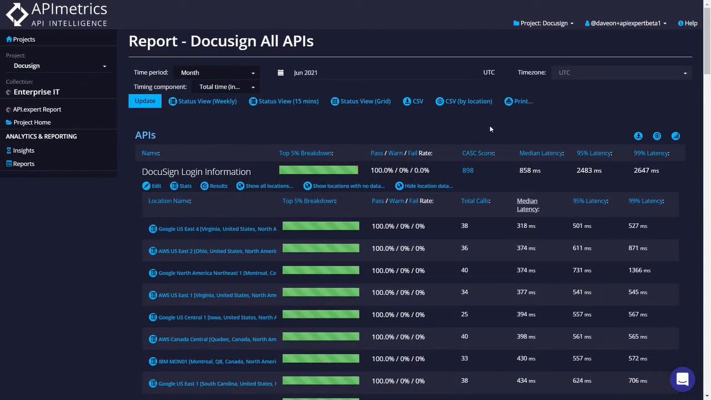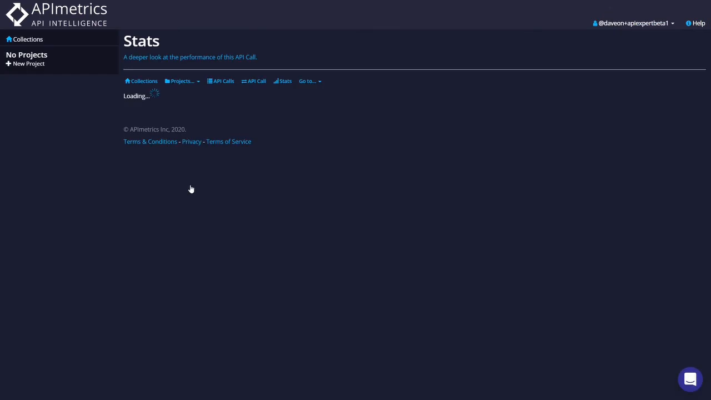If you're interested in automating that information, you can just click on the CSV by location option and it will download the CSV that you can then use. We are looking at adding the ability to have a JSON API to access this data slightly later in the year. The second option is if you click on the stats button, you'll be able to go and look at